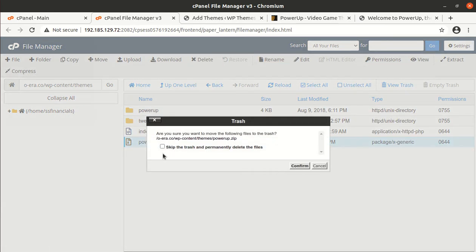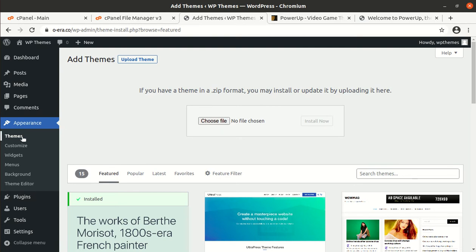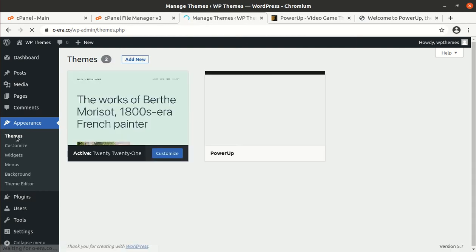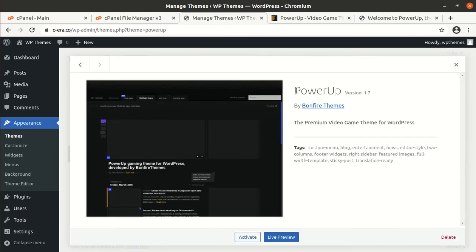It is not required, we have already extracted the elements from it. Okay, fine. We can go to the theme section of WordPress again, and now we have Power Up as another theme option. Let us check the details. This is Power Up version 1.7, the premium video game theme for WordPress, and let us activate it now.